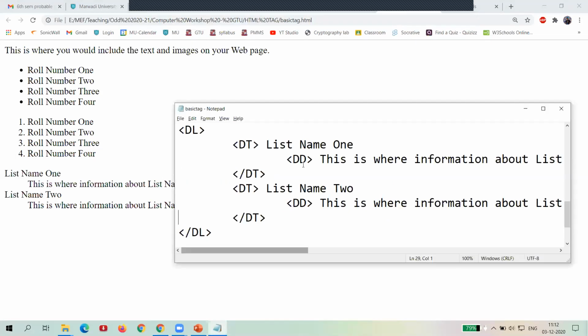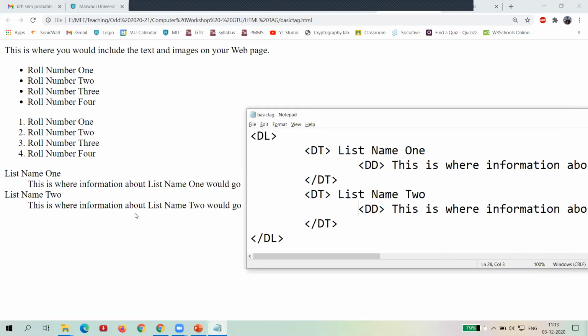Now you can see the output. I will start a DL, definition list. In this, a DT, definition topic, and then the topic description where you can say it. Then the closing tag. Then after that I start another DT tag regarding that description. So that is the output where you have to look like that.